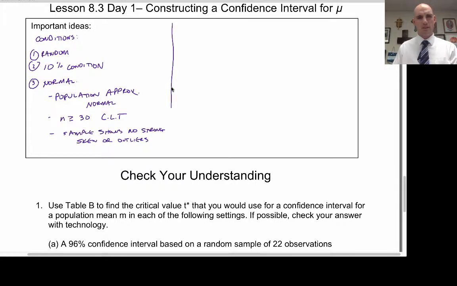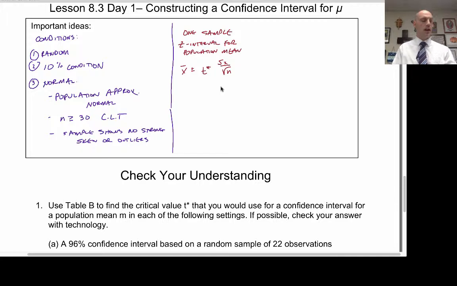So what are we doing with this? Well, this is actually going to look super familiar to you. What we're going to be doing is called a one sample t interval for population mean. And our formula looks like this: x bar, the sample mean, plus or minus t star, we'll talk about that in a minute, times Sx over the